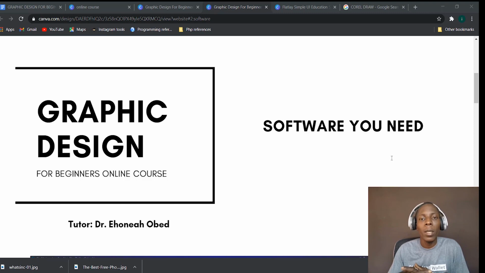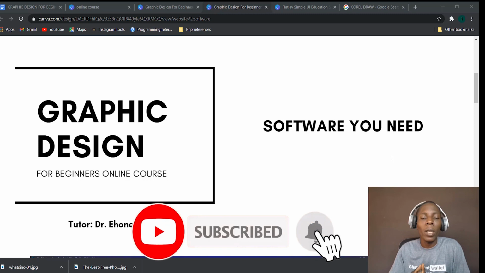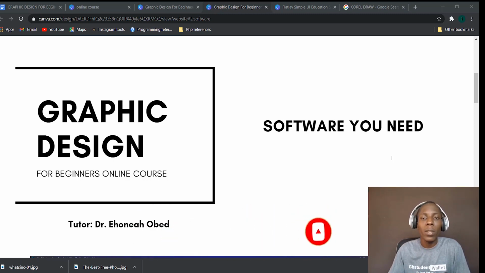However, it's essential that I introduce you to all of these so that you have a fair idea which other software are available for you. Then also, when you start with the more beginner friendly ones and you master the craft of graphic design, you can delve more into the other sophisticated software, because those have additional functionalities or permit you to do certain things that you cannot do with the very user friendly ones. So let's go on and let me introduce you to the various software that you can use as a graphic